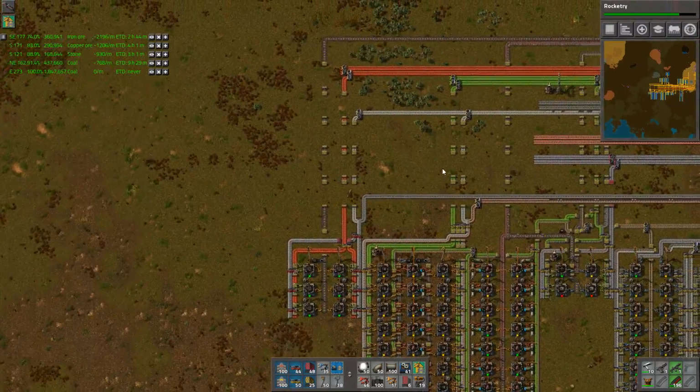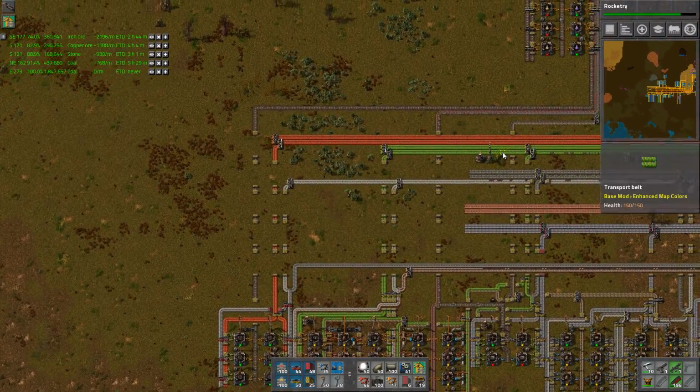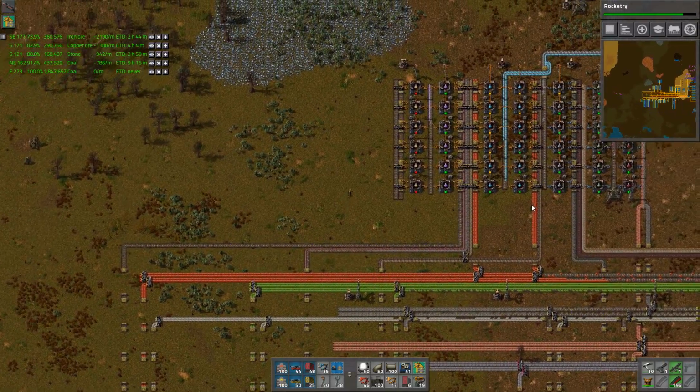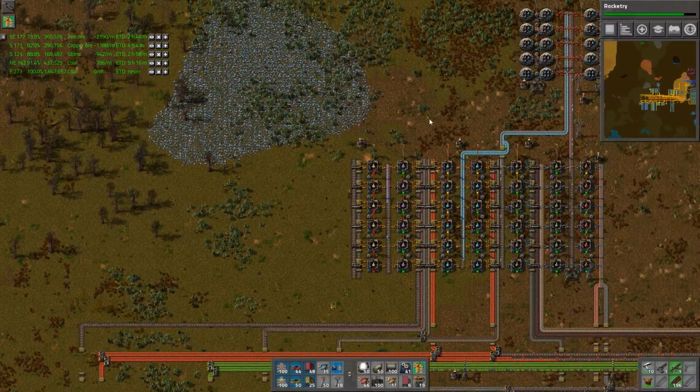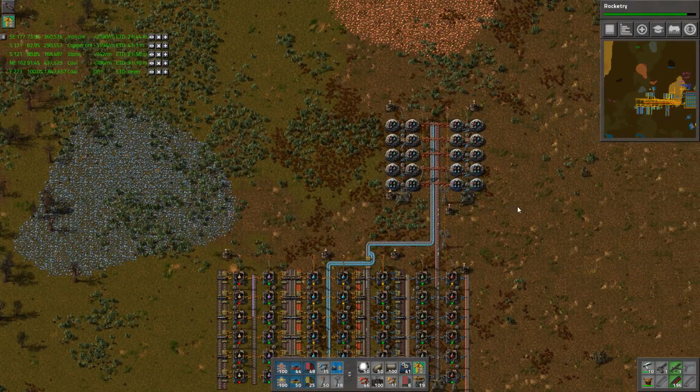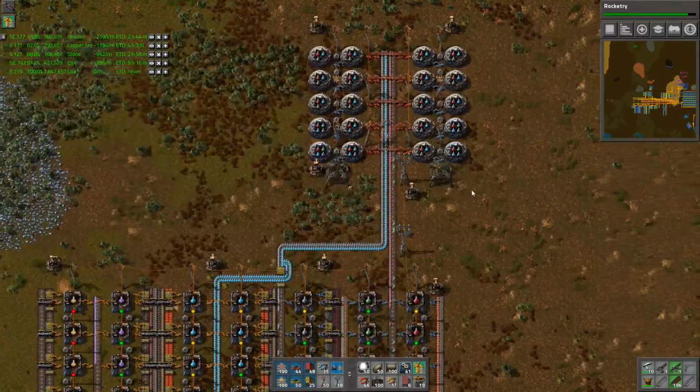Anyway, furnaces moving up. Let's take a peek. This should have... Oh yeah, I see purple science already. It's backing up. It's good to go. Fantastico. So we are going to have to rebuild our science setup here in order to accommodate this, because...